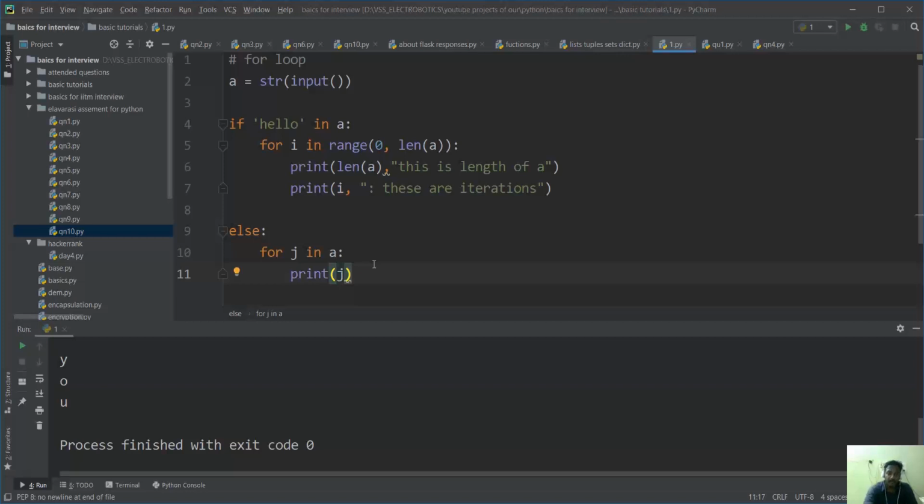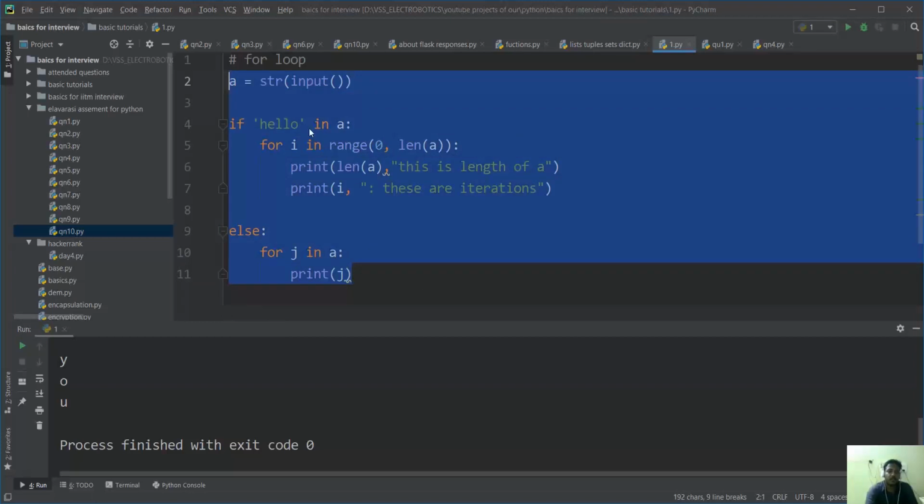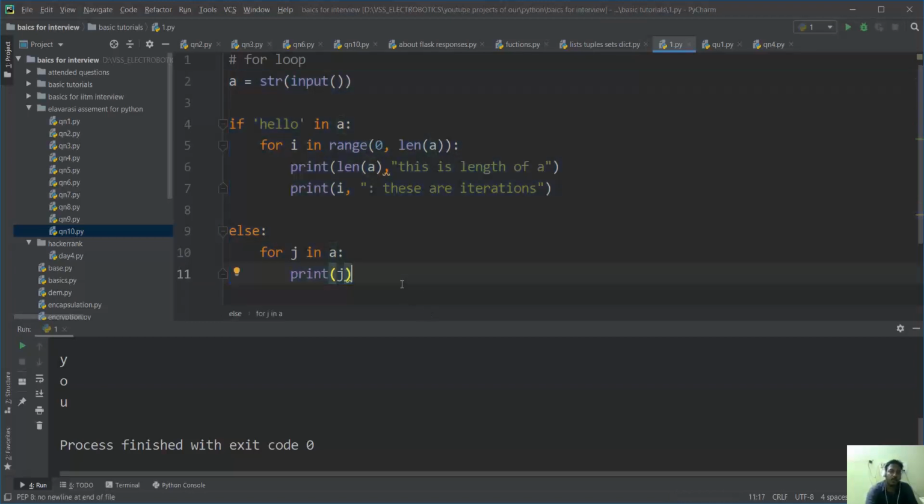After finishing these tutorials, we will be discussing the questions and how we need to debug and solve these things. A for loop and else have been discussed. In our next tutorial we will be seeing operators: what is modulus, what is the plus operator, and how we are going to join two strings without using the join statement.